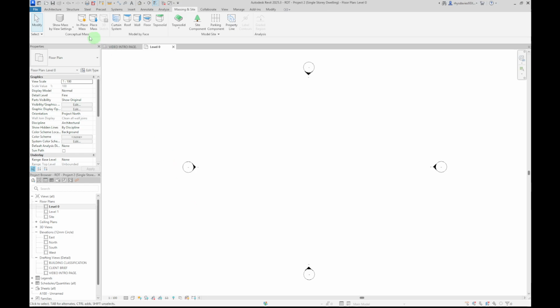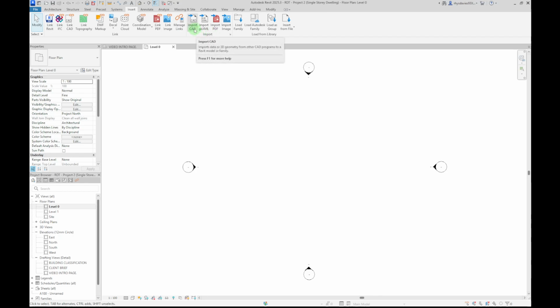Okay, so to bring in a DWG, we go to the insert tab in the ribbon and we are going to import. We're going to bring the CAD file into the project and it will stay there. As previously mentioned, this is okay for images that don't take up a lot of memory or are uncomplicated, or if nobody else is working on them. If somebody else is working on it, I would recommend that you use the link, but we're just going to use import. So I'm going to import the CAD,